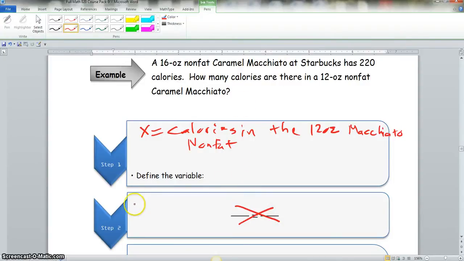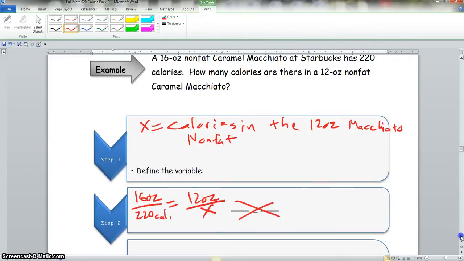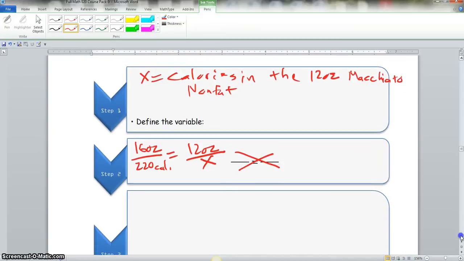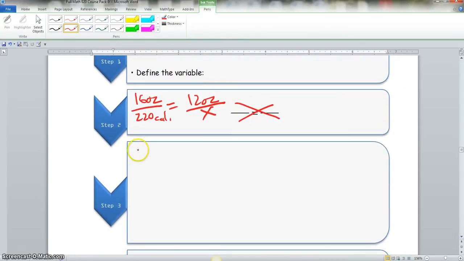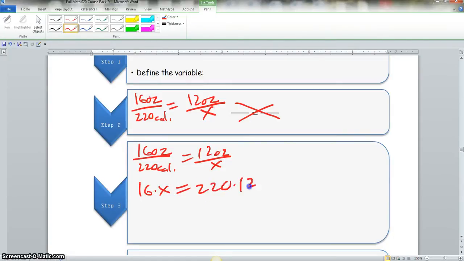Okay, now what we have here, again, I'm not going to use this because it's not enough space, but for a 16-ounce macchiato, it's 220 calories. So now we have a 12-ounce non-fat macchiato, and we don't know how many calories there are. So now, we have 16 ounces over 220 calories is equal to 12 ounces over X. So we cross multiply. We have 16 times X is equal to 220 times 12. So it'd be 16X is equal to, so you would take your